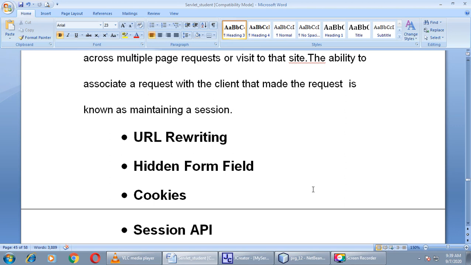We will study all these techniques one by one. These techniques are used to maintain sessions not only in Java based applications but in any type of web application written in many other languages too, right? Out of these we will learn the first three. The most common approach is to use cookies. Let us begin with the first one, URL rewriting.